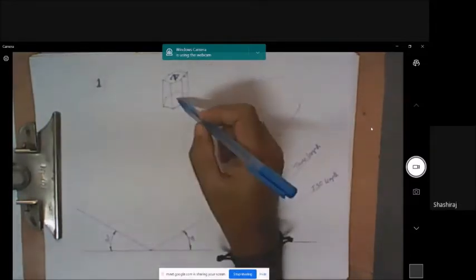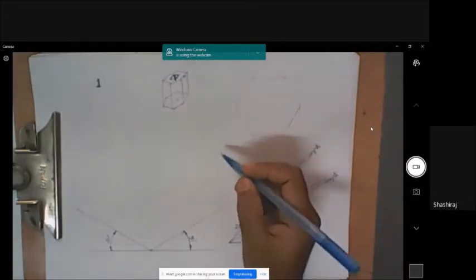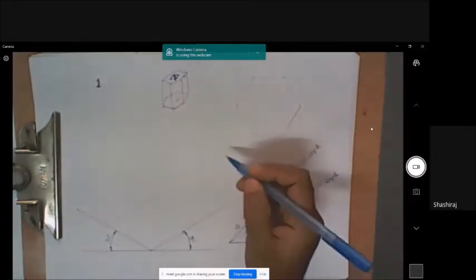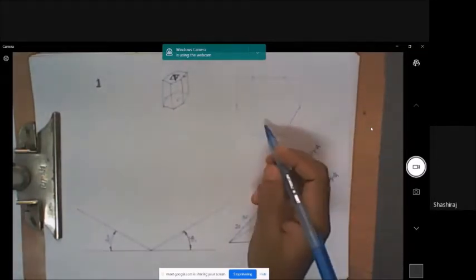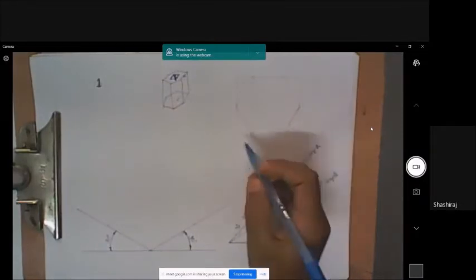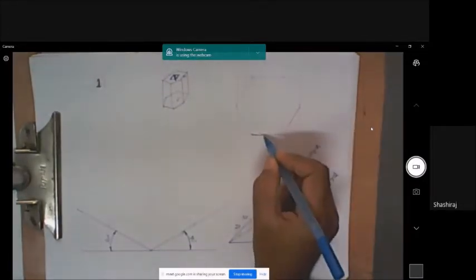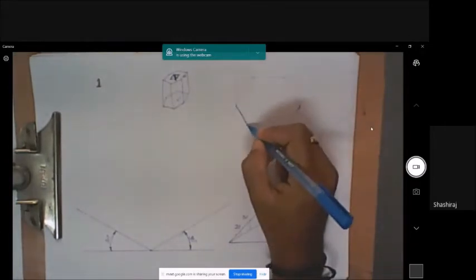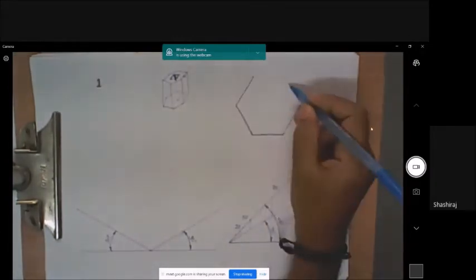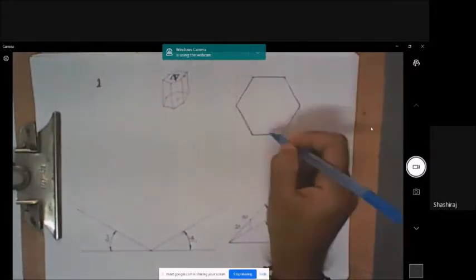So we have to start with this bottom face, which is hexagon shape. We tried triangle. Triangle also we enclosed it inside a rectangular box. Pentagon also we enclosed inside a rectangular box. Similarly, now it is hexagon. We have to enclose it inside a box, for which we need to draw the hexagon in true shape. Take 30 here. This is 30. This is also 30. 60 degree here, and this is again another 30 at 60 degree here, to complete the hexagon like this. This is the true shape of the hexagon.